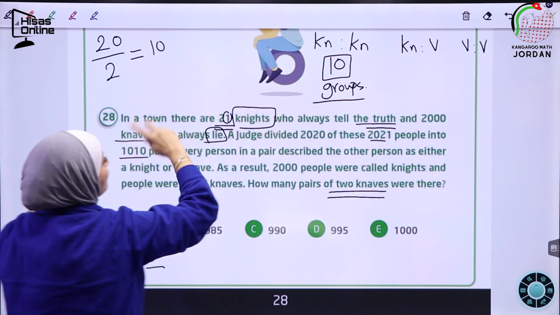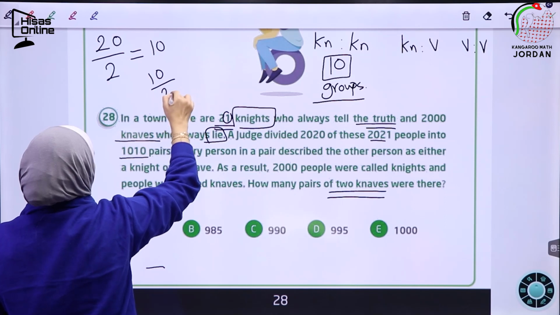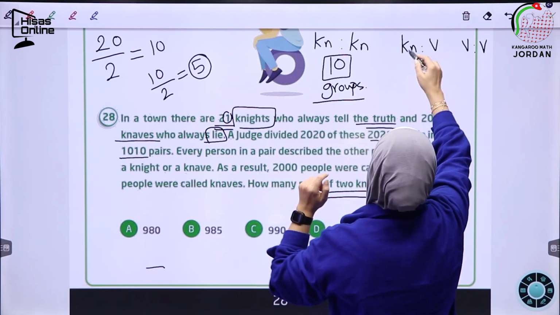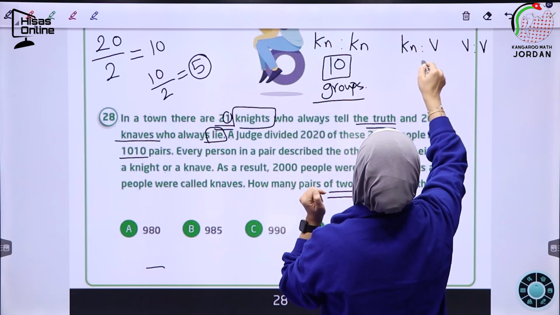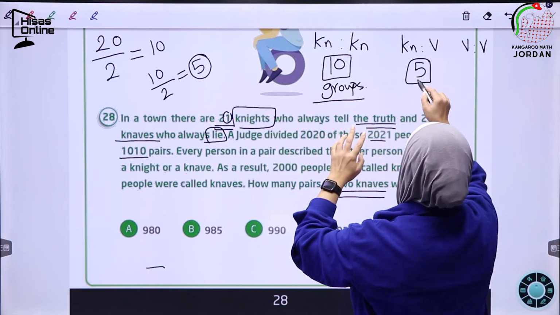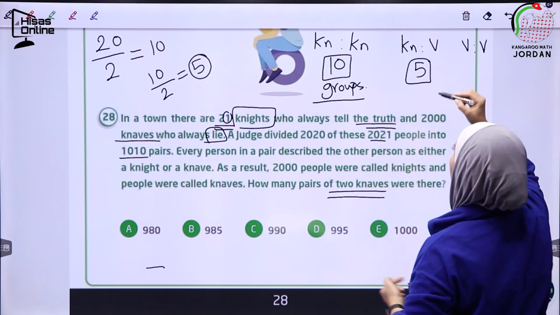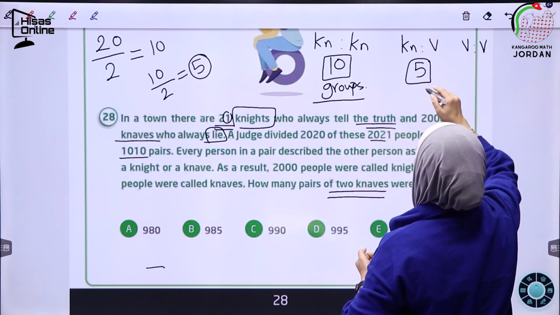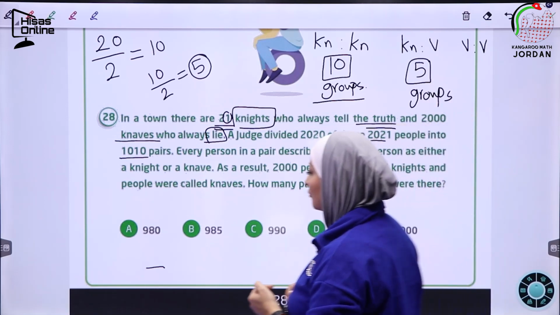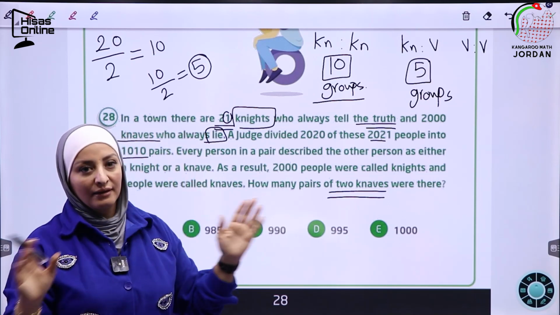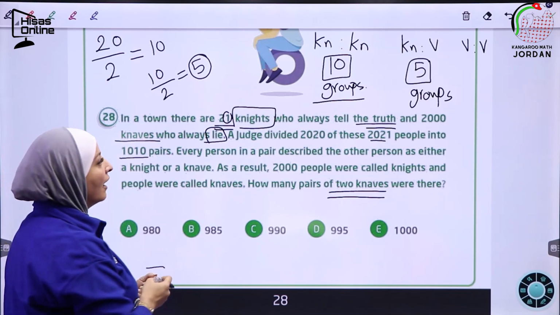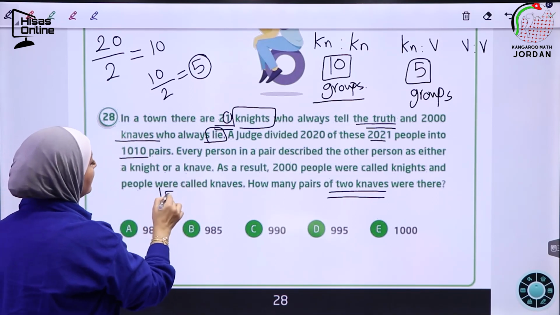I still have 10. I will divide it by 2 also, which equals 5. So we have 5 here because I divided by 2, because here we have knight to knave, okay? So we have 5 repeated pairs of knaves to knights, which will be collected together. So we have 5 groups and 10 groups, which includes just a knight. I will exclude these groups which tell the truth all the time. So 10 plus 5, we have 15 pairs